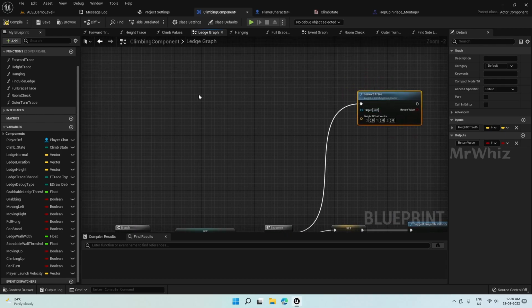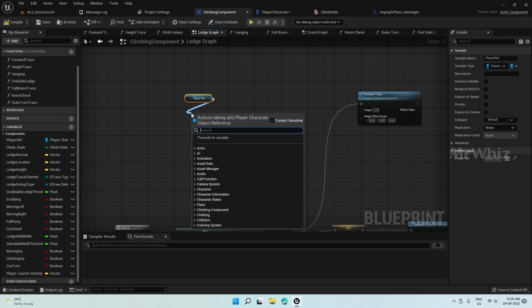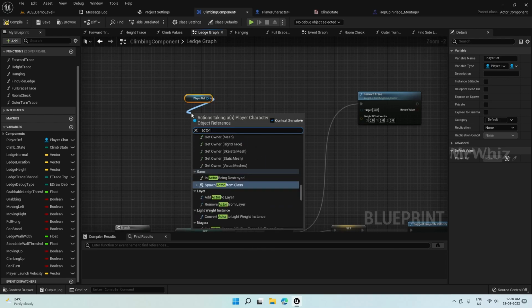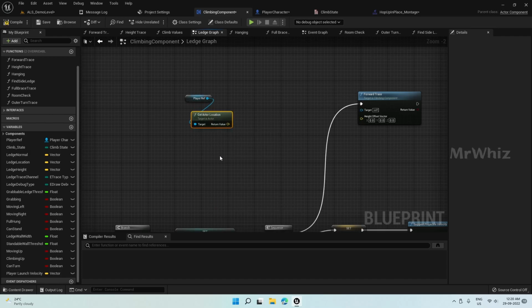And for the height offset value, get the player ref, get the actor location,